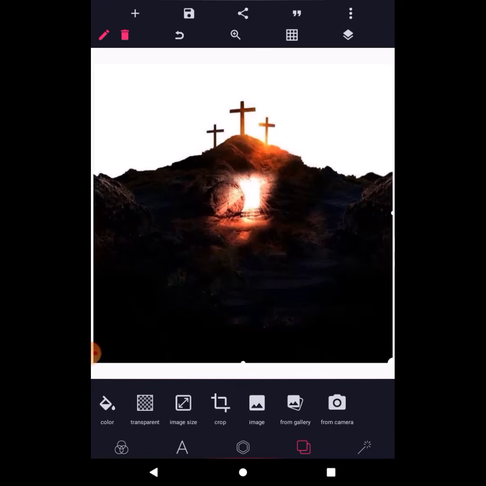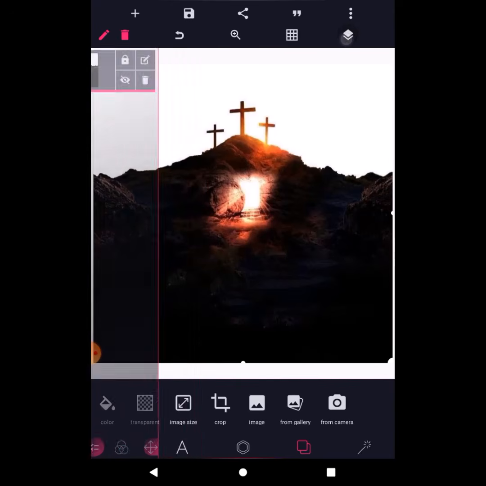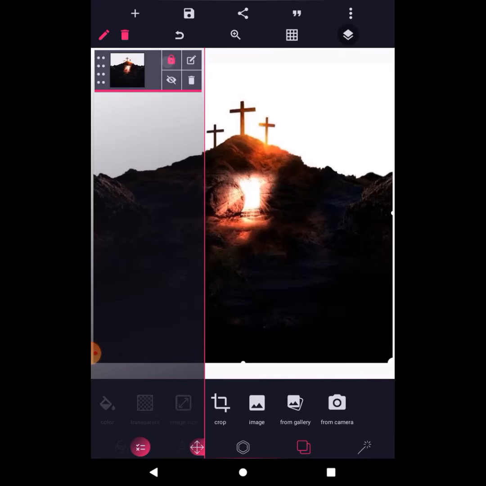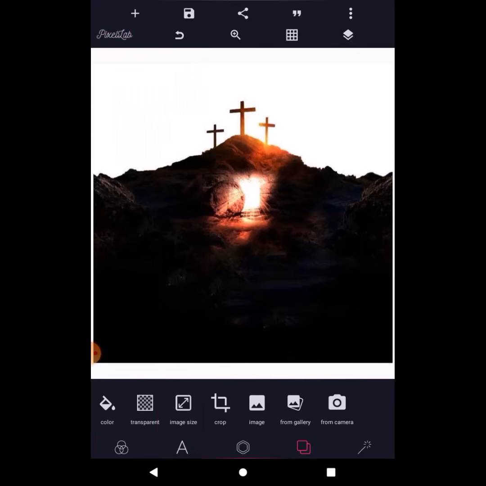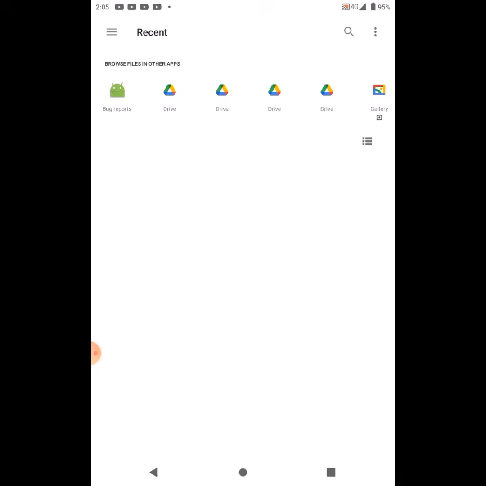Okay, so we are going to hit this layer button and then lock it. The quality of the background is not too okay like that, but we are just going to manage that for now. I want to change the background because I'm not really seeing where the white border is, but I think I have an idea, so let me just leave it. So the next thing is just bring from your gallery. What I'm going to bring now is